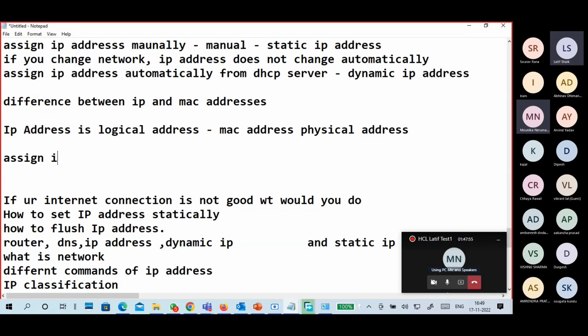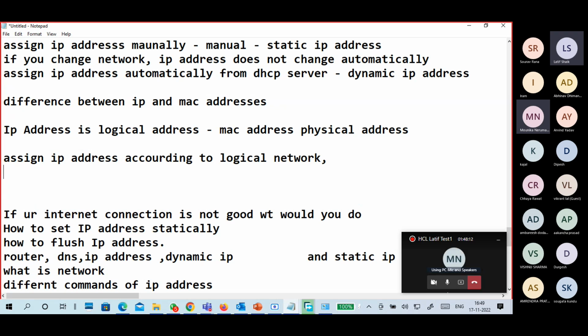We assign the IP address according to our logical network. And the MAC address is assigned by whom? The manufacturer of the NIC.